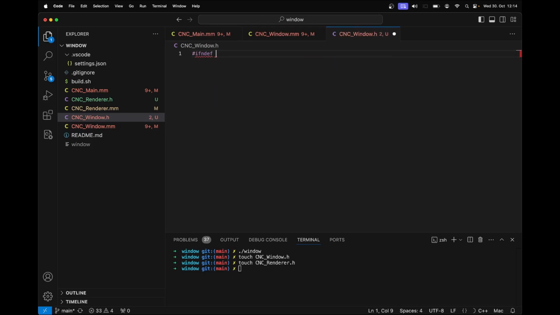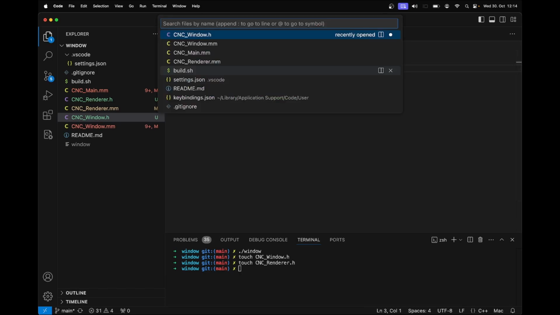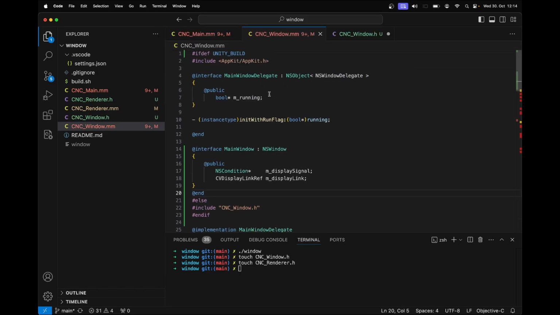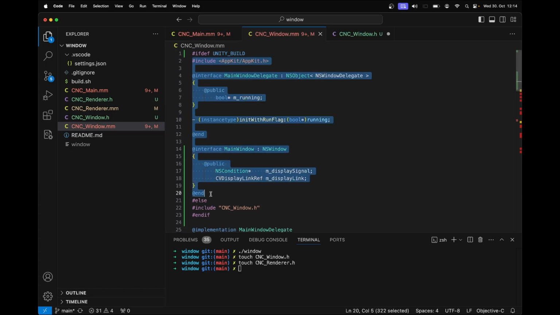I start off the window header file creating a so-called header guard, which just prevents including the same code again and again, even if we have already included the code. So now we can copy over the interface from our implementation